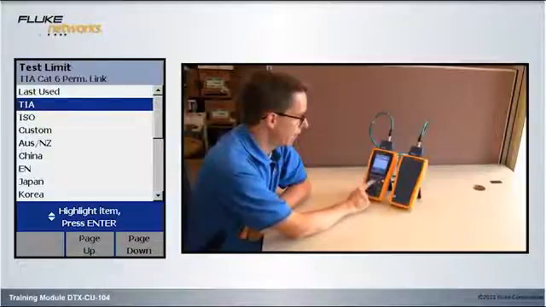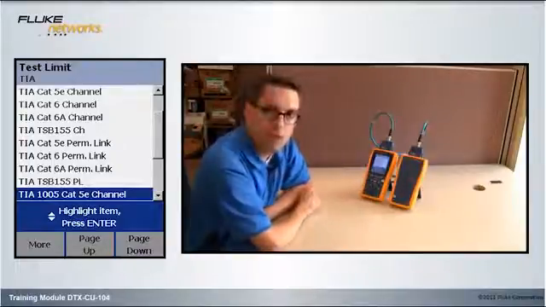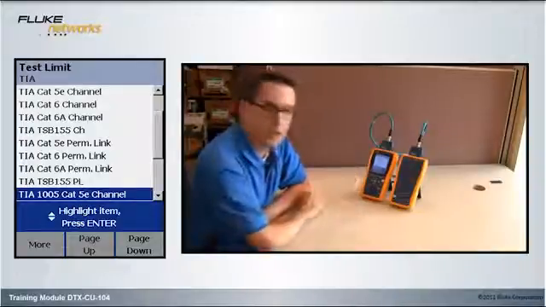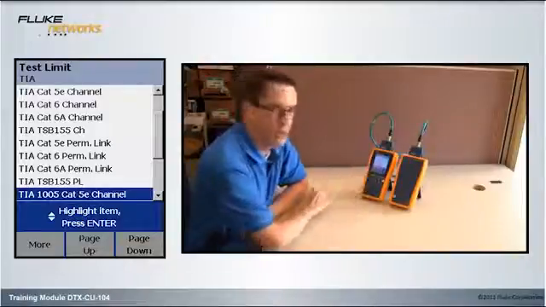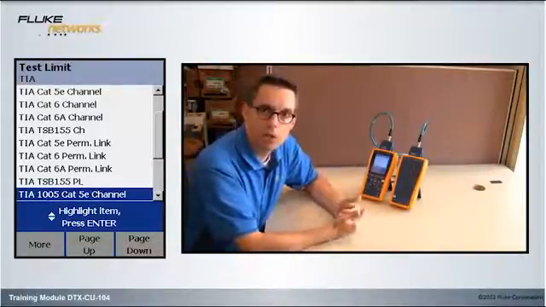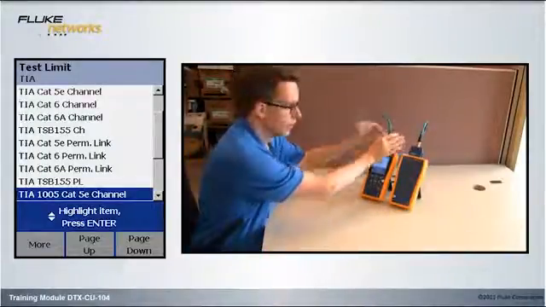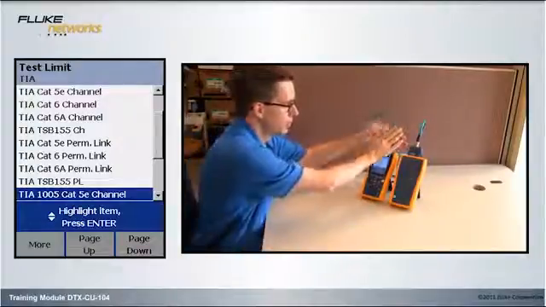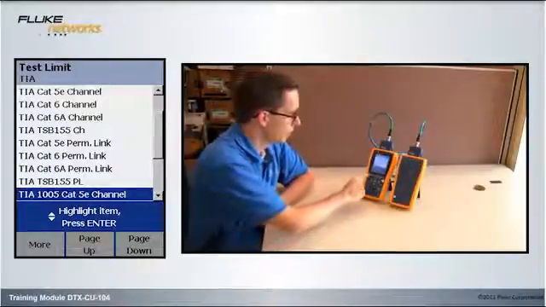Then we go to TIA and hit enter, and if we scroll down, we'll see the Industrial Ethernet Standard TIA 1005. This is actually the wrong test limit to select. Why? Because it has the word channel in the test limit. Whenever you see the word channel in the test limit, it means that we're not measuring the first connection and we're not measuring the last connection. The TIA and international standards are very specific in that you exclude the first and the last connections to the test equipment. So we'll hit F1 more